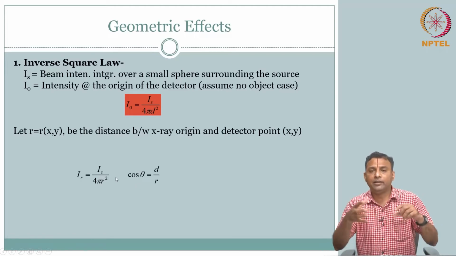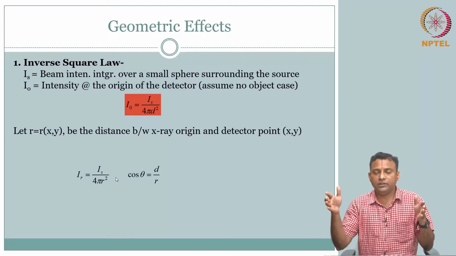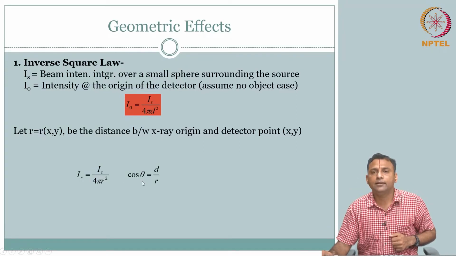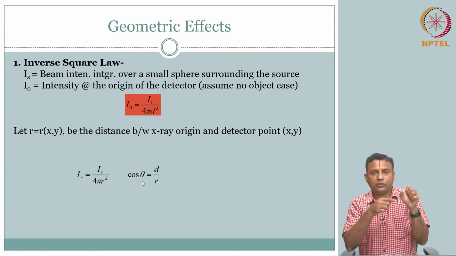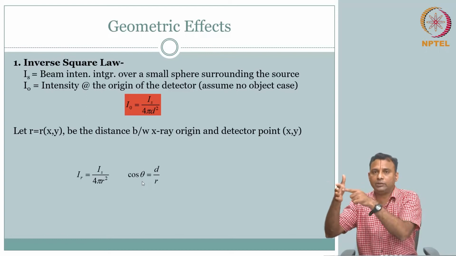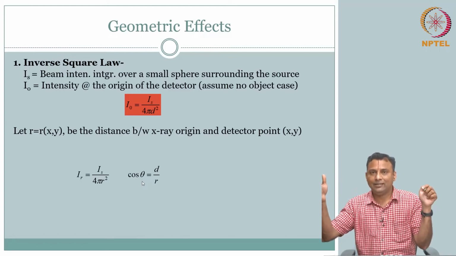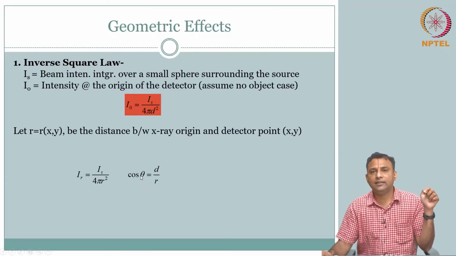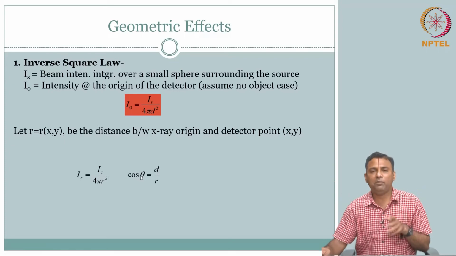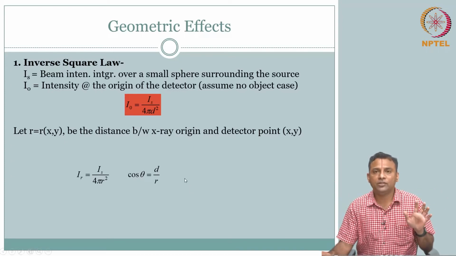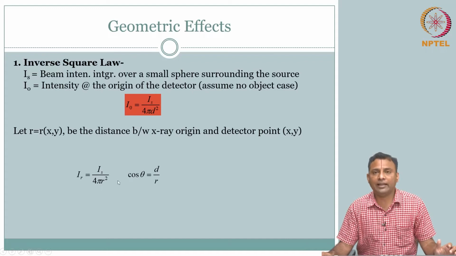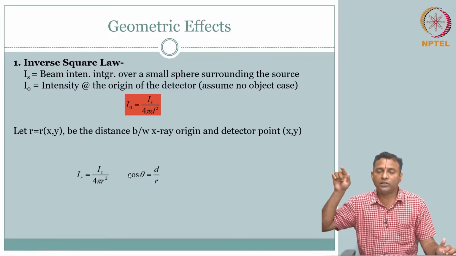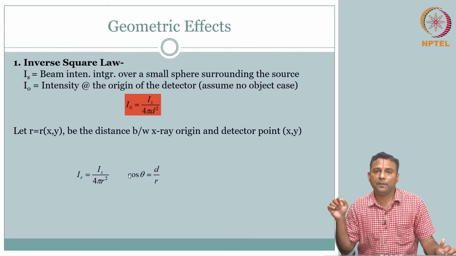So, given the diagram, in fact the previous slide, you see theta is the angle. So you can have your cos theta. What is cos theta? I have the center of the source to the center of the detector plane. That is my shortest distance, that is my D. So this R is your hypotenuse, the angle included. So cos theta is adjacent by hypotenuse, so D by R, okay, straightforward. So I have the inverse square law that can be captured like this. So I can tell at each point in the detector how much intensity I will get, right.